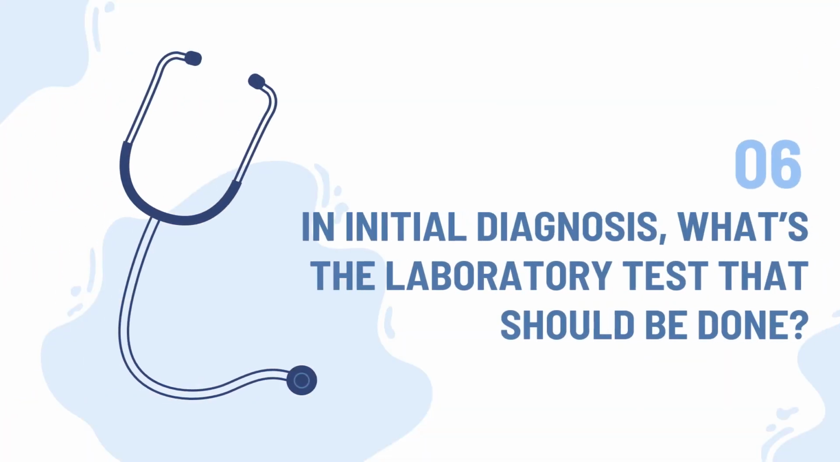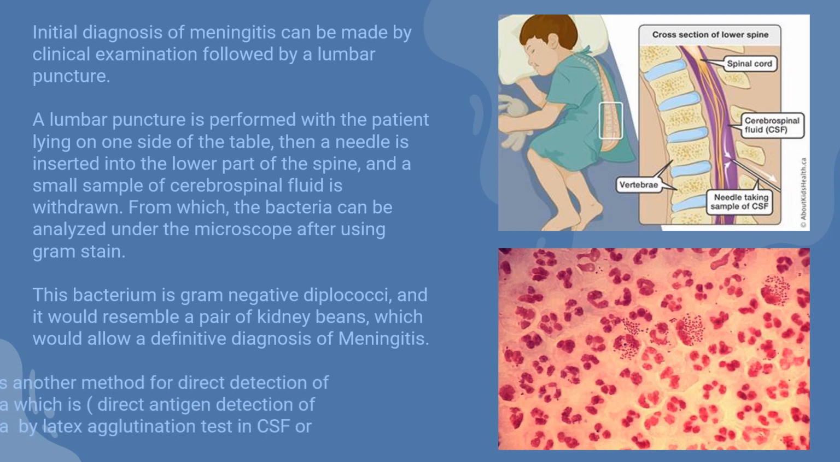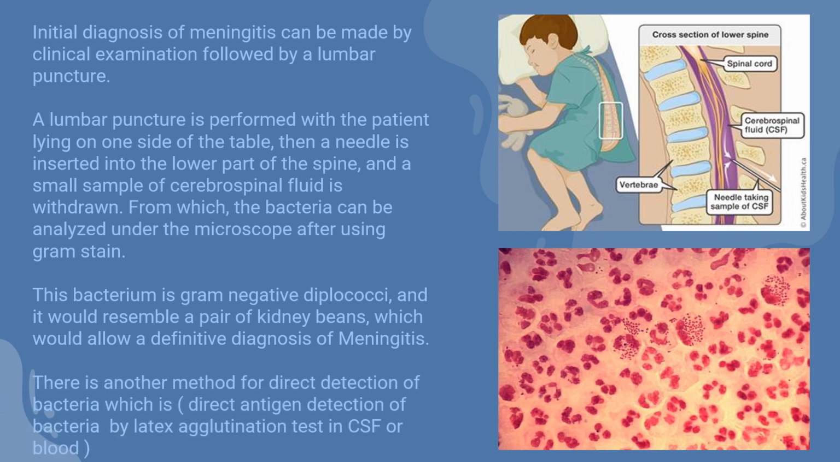In initial diagnosis, what is the laboratory test that should be done? Initial diagnosis of meningitis can be made by clinical examination followed by a lumbar puncture. A lumbar puncture is performed with the patient lying on one side of the table. Then a needle is inserted into the lower part of the spine and a small sample of cerebrospinal fluid is withdrawn,